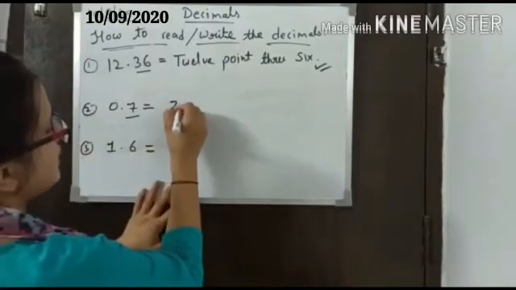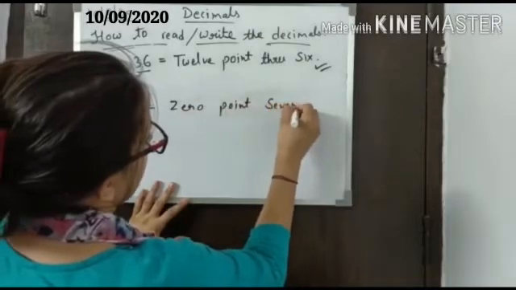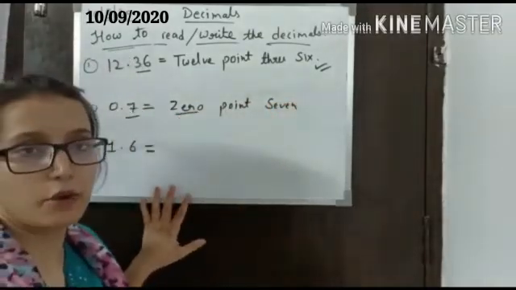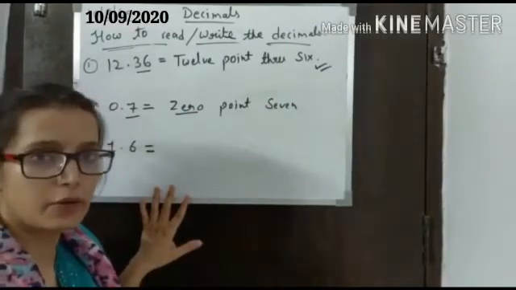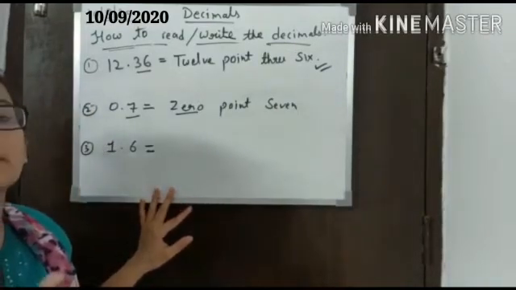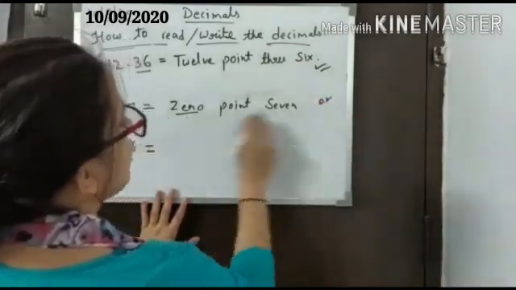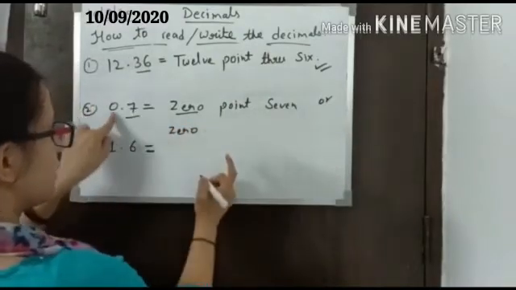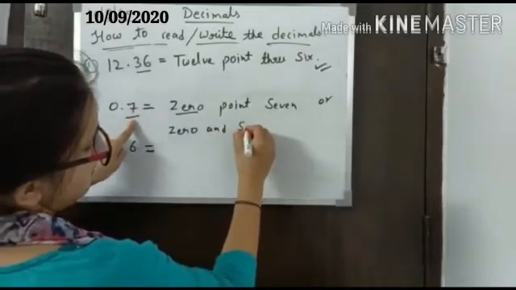0.7. We have to write here 0.7. And one more thing, as you can see, we will write 0 at the place of the whole part. That means in this question, we do not have any whole part. So if in any question the whole part is not given, that means we will put 0 at the place of the whole part. Or we can also write in another way, like 0, 0 and 7